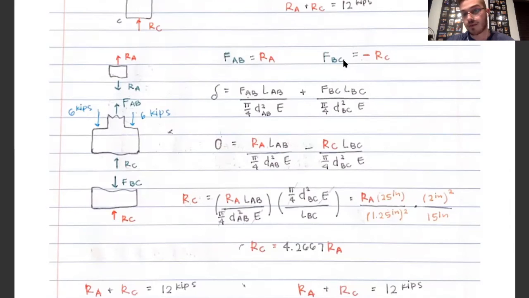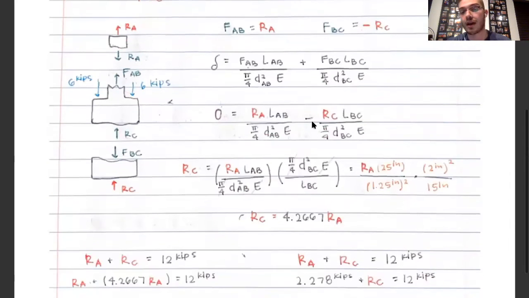minus, again, because the force of BC equals negative RC, right here we can substitute that in, minus the reaction force of C times the length of BC over pi over 4 times the diameter of BC squared times the E constant. If we add this RC portion, the reaction force of C portion, over to the left side, and then multiply by the pi over 4 times the diameter of portion BC squared times the E constant to the right side of the equation, and then divide by the length of BC, we're left with the reaction force of C is